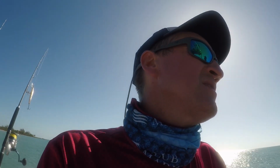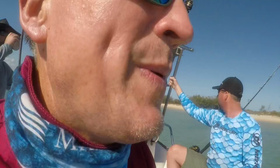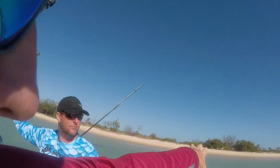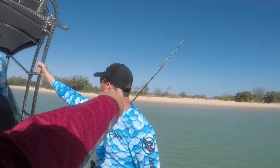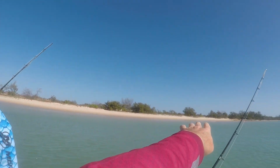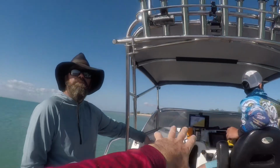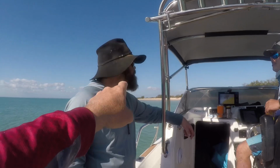I think it's probably a good opportunity to put the drone up. You'll get a bit of perspective of what Tasman Point, Tasman Beach looks like, which if I spin around here, this is a point, and this is commonly camped at and land accessed by four-wheel drivers. You can see tracks here. So we've got an extremely low tide at the moment. Beautiful, pristine, clean water all the way through this beach,